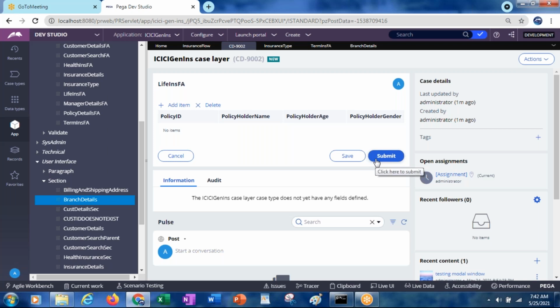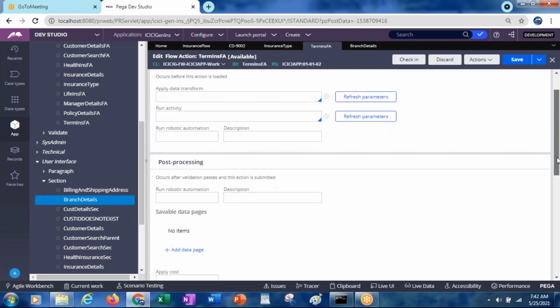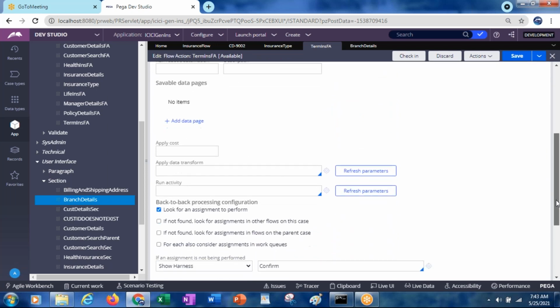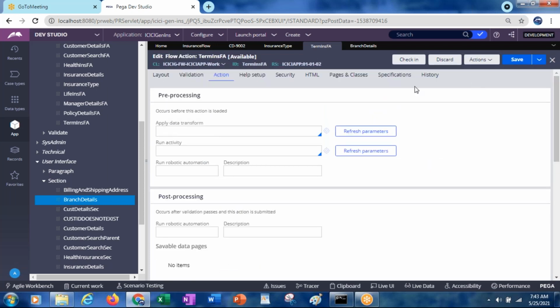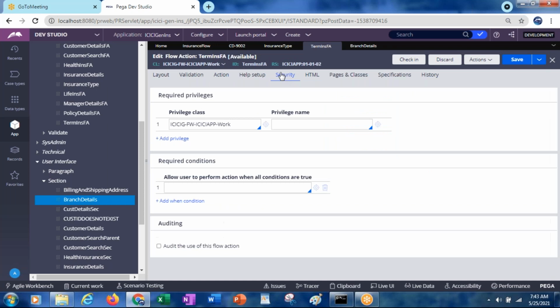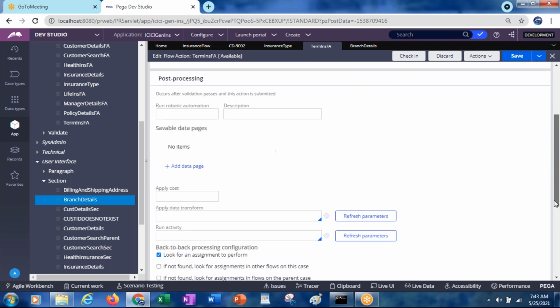In the flow action, you will have some options like the security, validation or action. Mostly it should be in the action only.